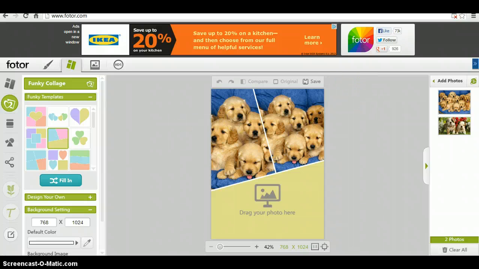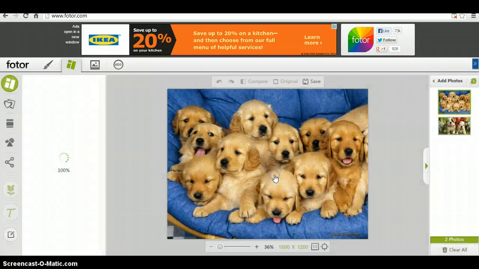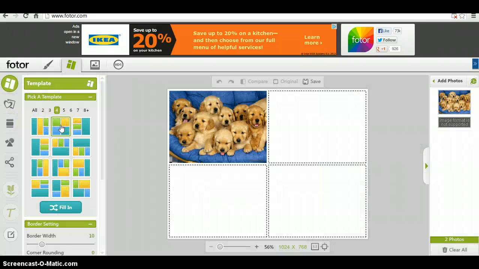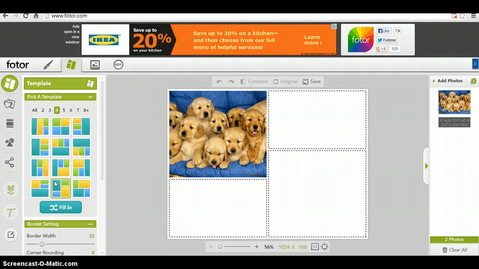And then you'd save it and turn it in. And this is kind of Fotor for you. It's almost like a scrapbooking application. You can make some cool collages, some cool presentations. It would be good for displaying things for projects where you had a lot of images you needed to display, or things like science fairs where you had a lot of images of certain things that you needed to illustrate,